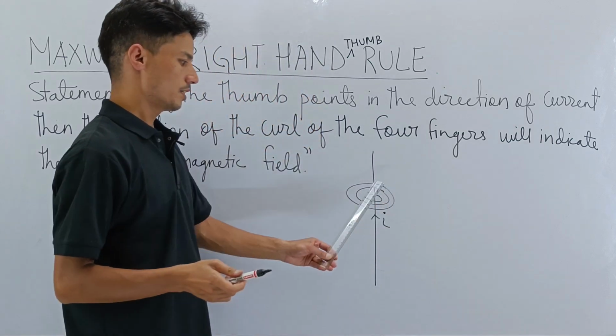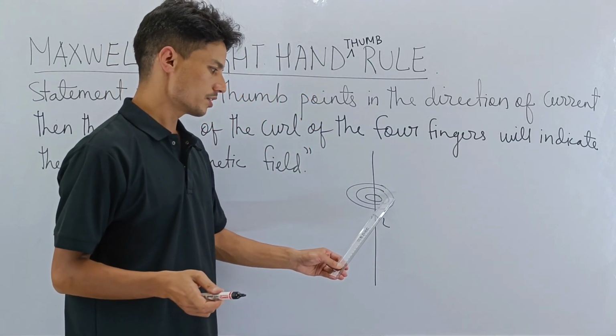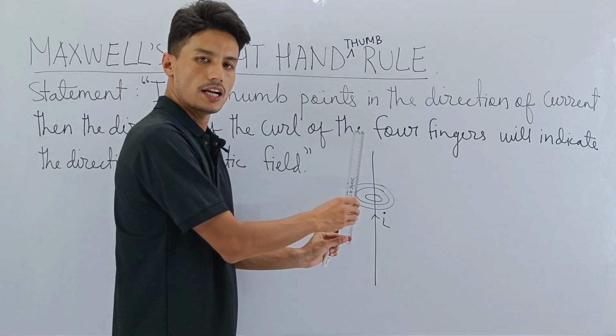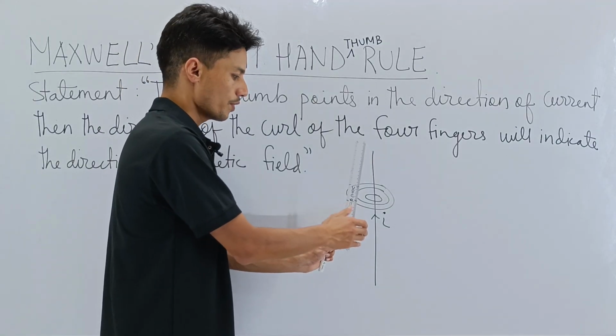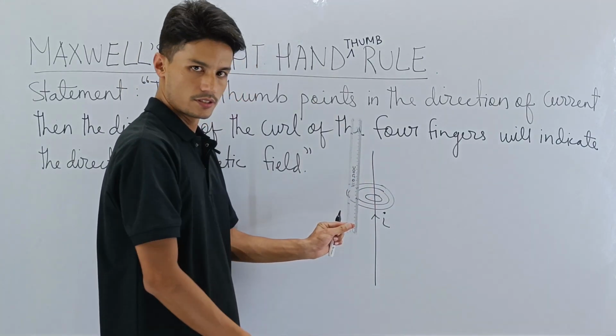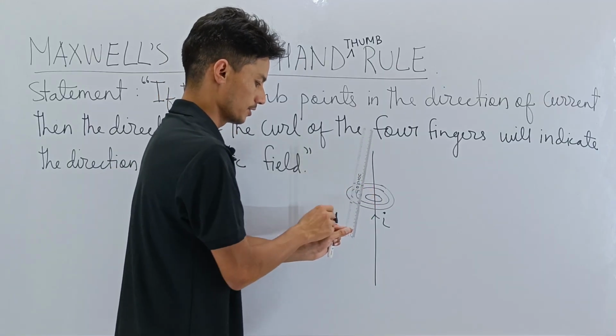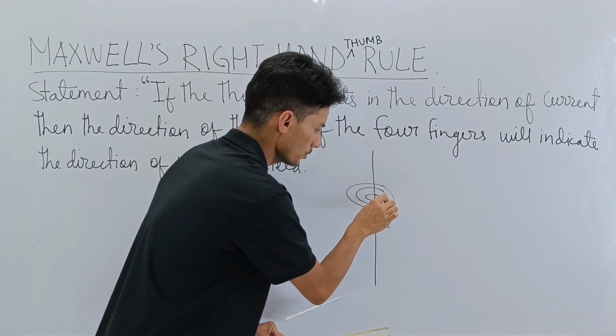So these are concentric circles. These are the direction of the magnetic field in this current carrying conductor, where the direction of current is upwards. So they are going like this, they are going inside. So arrows will be drawn like this,